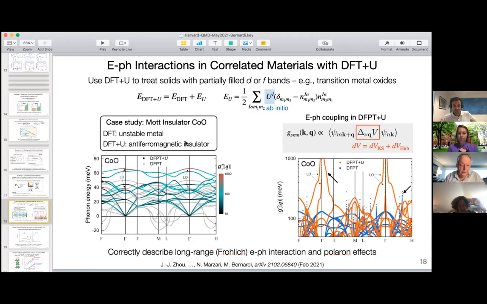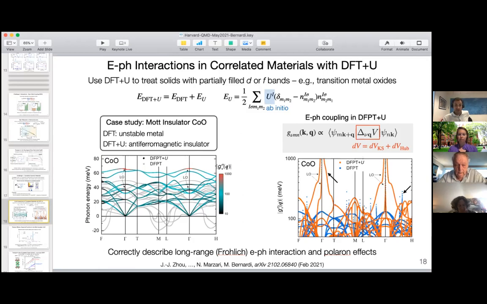Okay, there's another question from Yashang Wang. In the DFT plus U treatment, how do you differentiate the derivative of the Kohn-Sham energy and the Hubbard energy? Is the Hubbard U a fixed parameter? So to the first question, you basically have both terms, and so you can study the effect of the two separately. The catch, obviously, is that you run the ground state DFT plus U, and actually we found that one of the main effects is not just that you have an extra term here, but that DFT plus U changes the density and the wave functions.